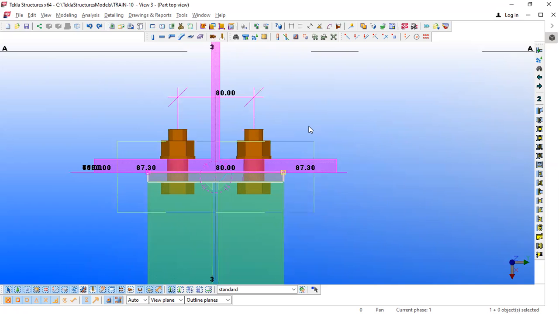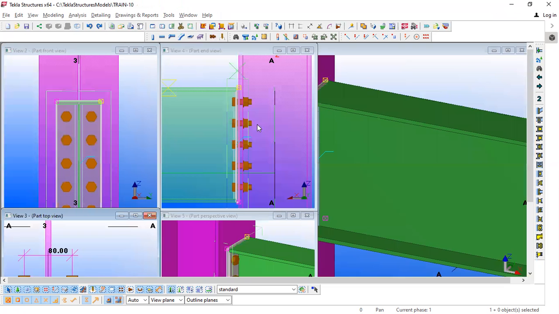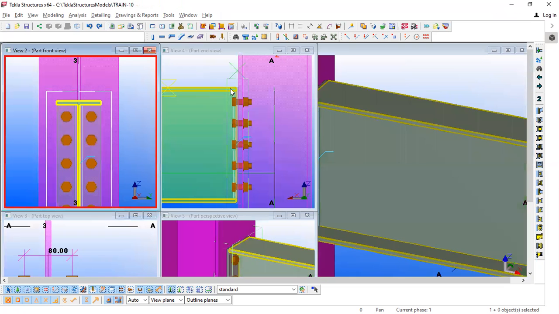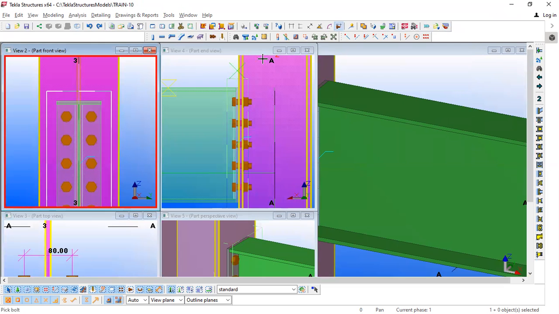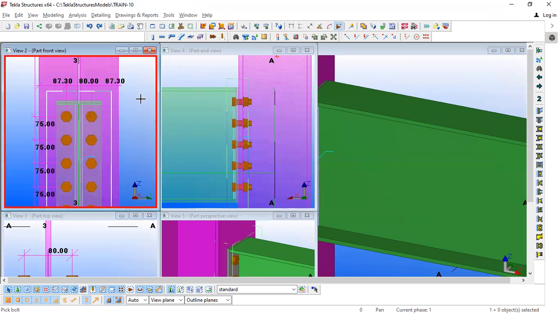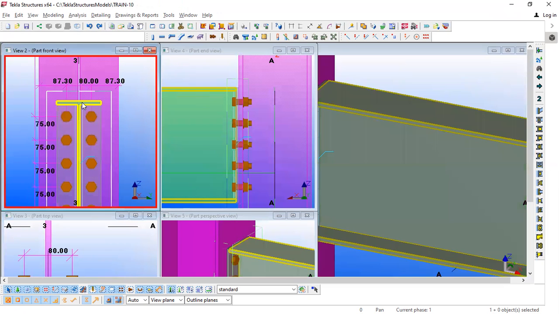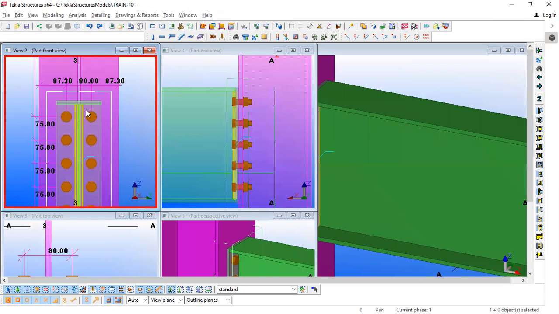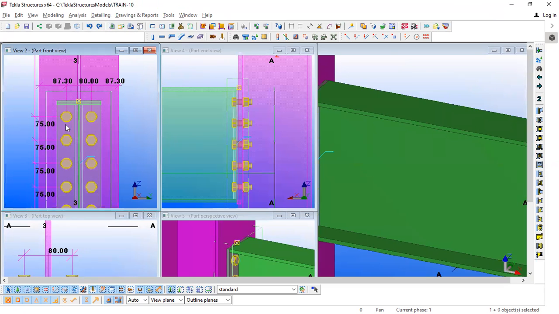If those dimensions are not visible properly, you can go for the manual input also. Let's say bolt and say column. Okay, so here also it will give you proper measurement. So what happens in the view where you are able to see the top view of the bolt, there only you are getting proper dimensions of that